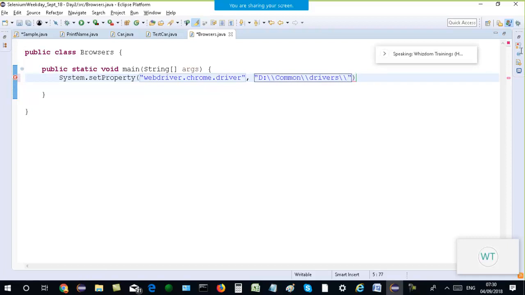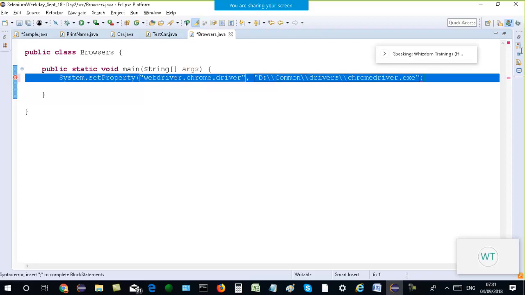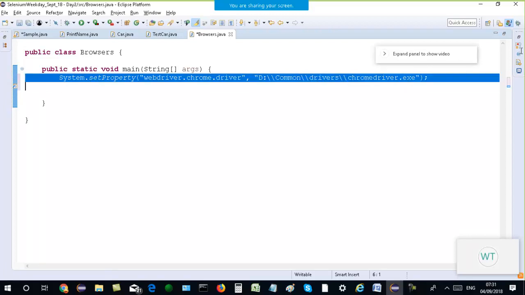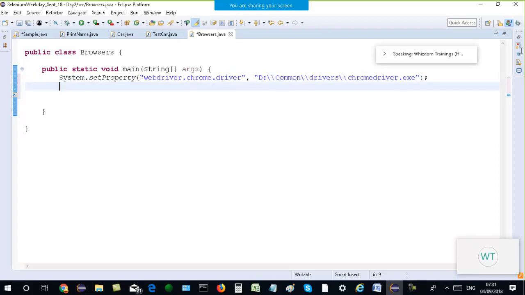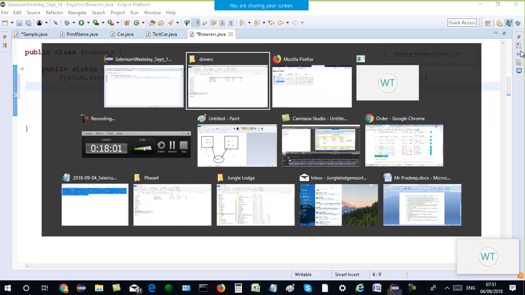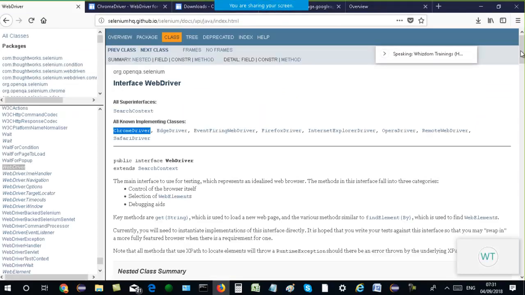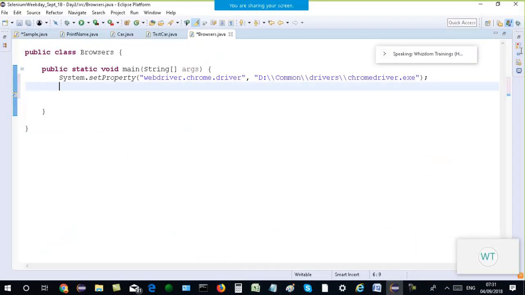You can give the path of chromedriver.exe. You don't need to run this exe, you just need to write it over here. And you need to create the object of Chrome driver class, which I just told you is the class for the Chrome browser. And you can work with Chrome. So you can write over here